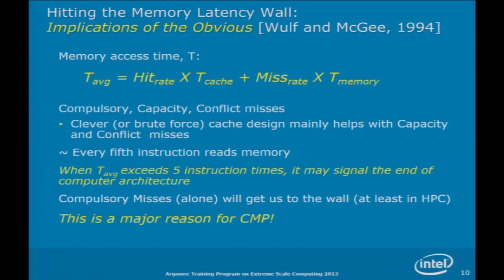With multiple cores, you can now expose more memory references, and you can turn your memory latency problem into a memory bandwidth problem, which reduces a hard problem to an unsolvable problem. And you may not think that's much progress, but it is the path we're on. This may signal the end of computer architecture.